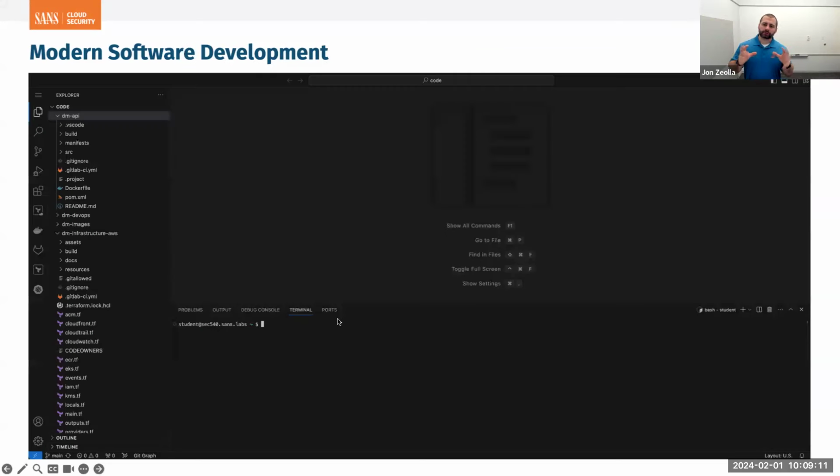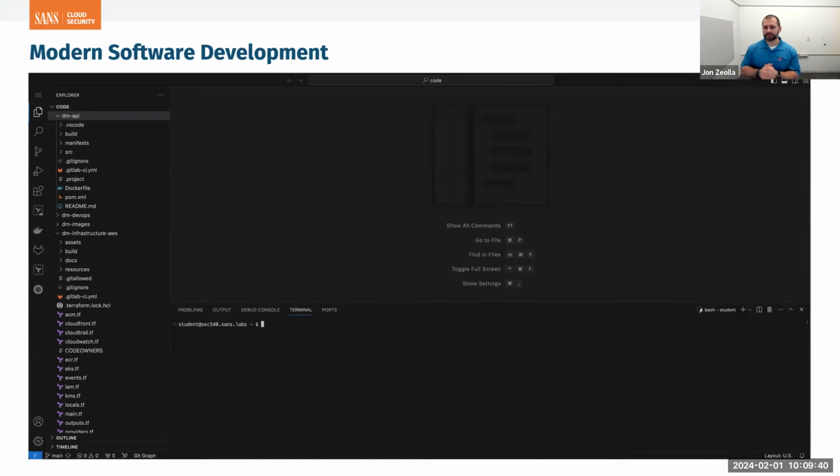And when developers are writing code, their interface is probably going to look a little bit something like this. This is a screenshot of one of many of the components of the SANS Cloud Flight simulator. This is our developer environment. You can see we've got all kinds of different repositories on the left, different types of code. We've got Java code. We've got pipeline definitions. We've got infrastructure as code, a bunch of Terraform files, all kinds of different stuff. We've got a terminal at the bottom. We've got this big area up here where we can store files.